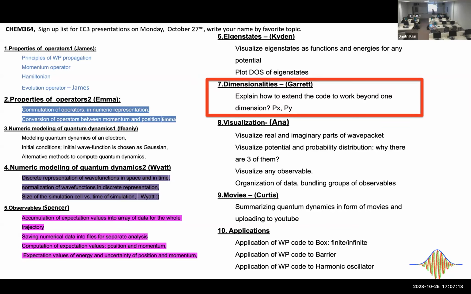So when there will be time for projects, hopefully some of you may decide to be closer to reality, and the larger the number of dimensionalities, the closer the project is to reality. So the one-dimensional wave packet for three-dimensional space is a little iffy, right? Although it is very helpful and continuously used for many problems, 2 dimensions are better than 1, and 3 would be even better. So how to add an additional dimension?